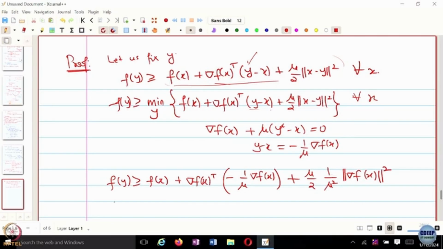So basically you get f of y is greater than or equal to f of x